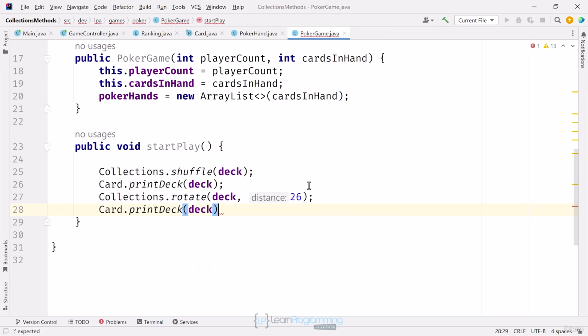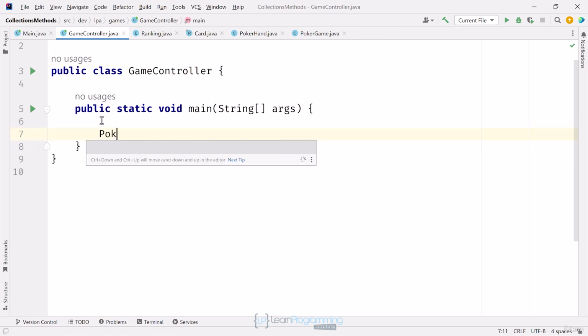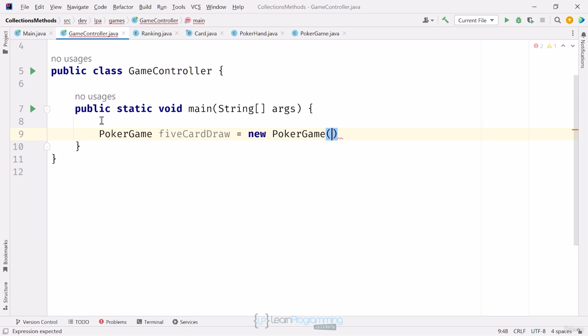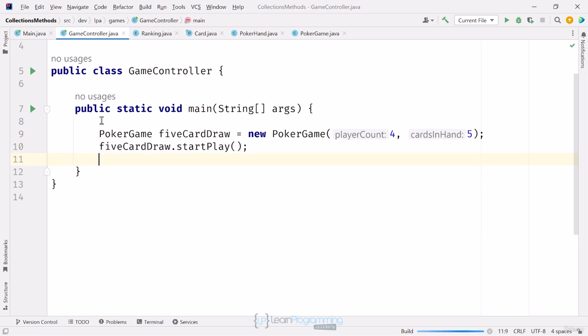again print the deck. Let's run and test this from the game controller's main method. I'll instantiate the poker game with 4 players and 5 cards and assign that to a local variable I'm calling 5-card draw because that's the poker game I'm going to play. Then I'll call startPlay on that. If I run that code now,